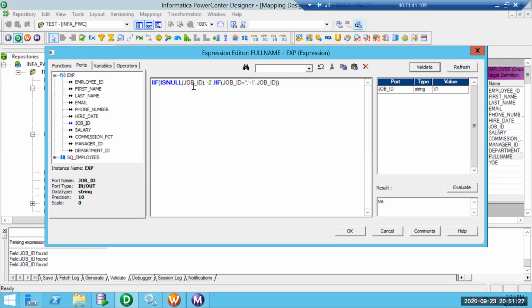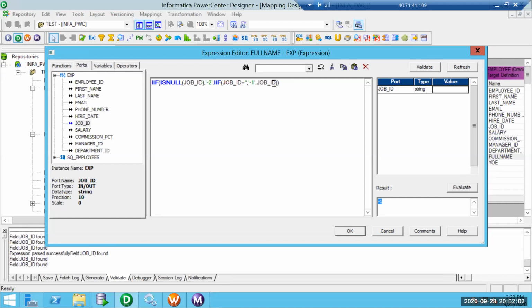If job ID is neither null nor an empty string, then we are going to populate job ID, whatever we have. Let's suppose 1, it has a valid value, so it is going to return the same thing. If I give an empty string, which is nothing but I don't give anything, it is going to return -1. It is an empty string; we cannot represent null here. In case null evaluates, it is going to return -2.